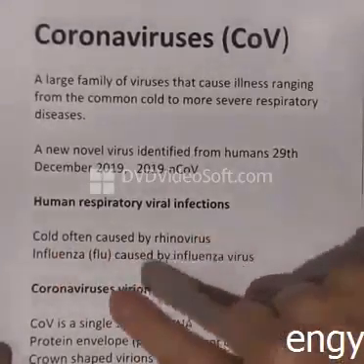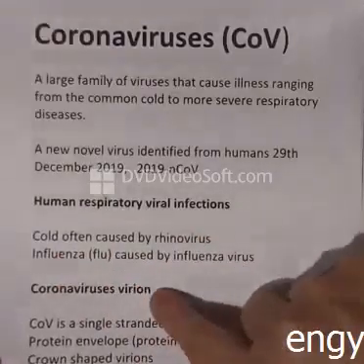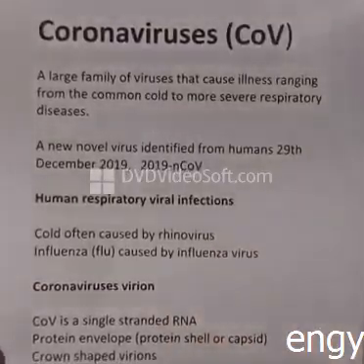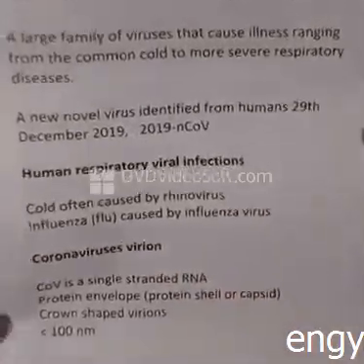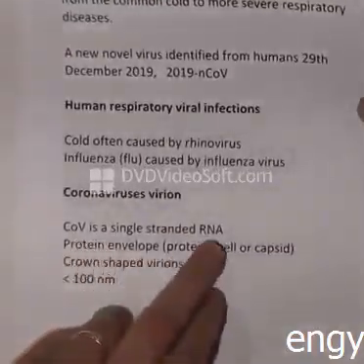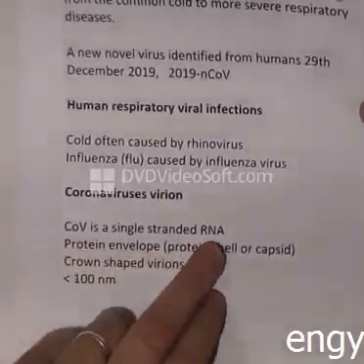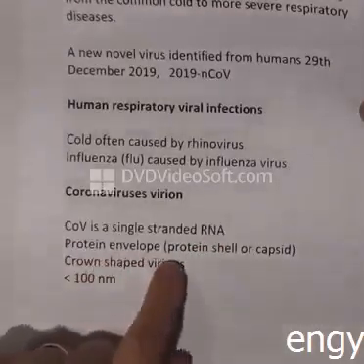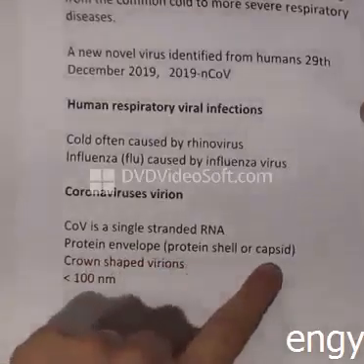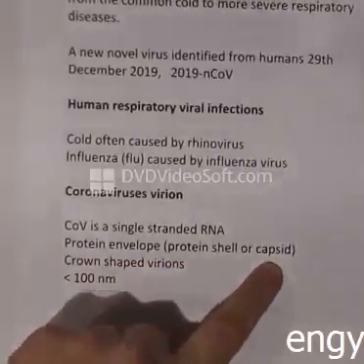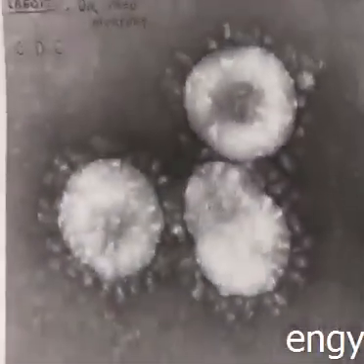But thinking about the coronavirus particularly is what we want to focus on, because that's what's new. We've had these other viruses for a long time. Now we've got this novel coronavirus. Now, the coronavirus is single-stranded RNA. It's a ribonucleic acid virus. And it's in a protein envelope. And this is a protein shell or capsid. So we've got this genetic material in the middle. So if we could see it here, we'd have